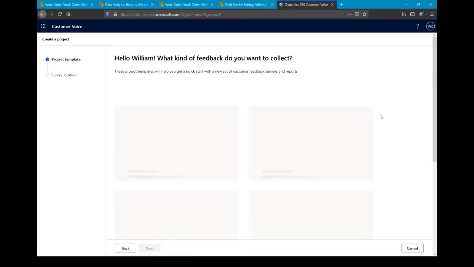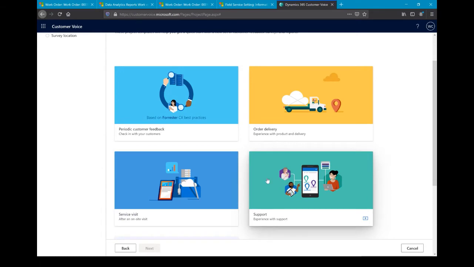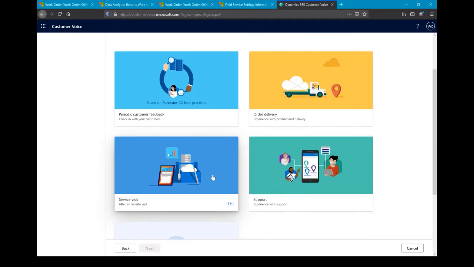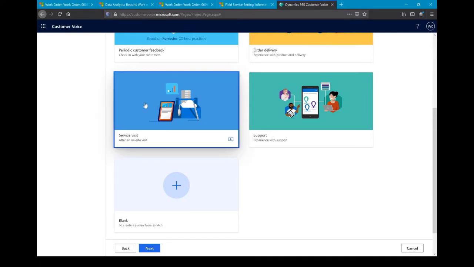So in this case, I'll just go ahead and say create a new project, and we see that there's a bunch of different survey experiences that are enabled and sort of easy to turn on. You can also enable a totally separate survey experience. It's not something that we've pre-configured, but for the purposes of our demo, if I go to service visit, which is our field service sort of visit on site, and I say